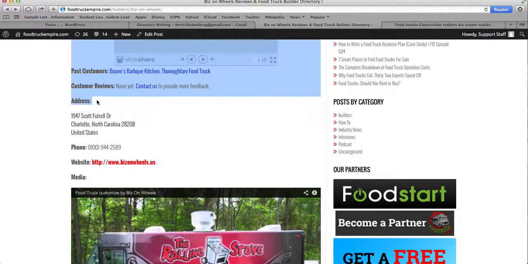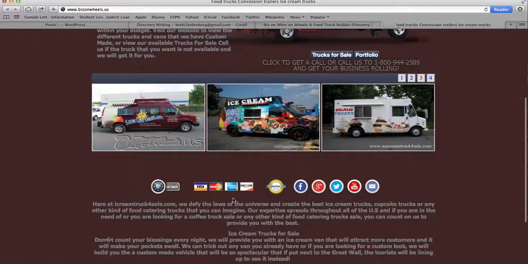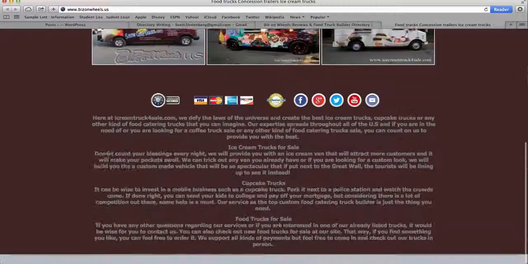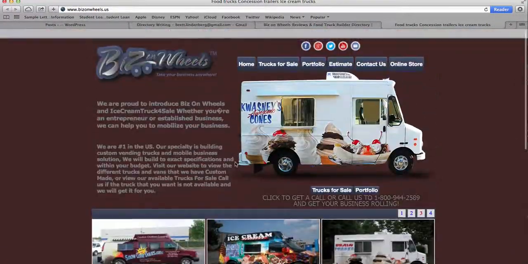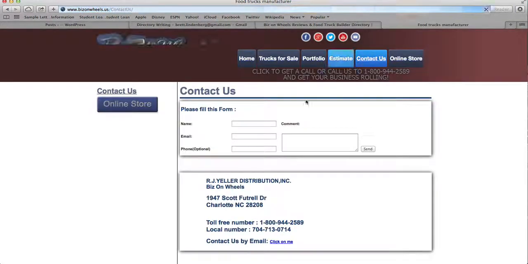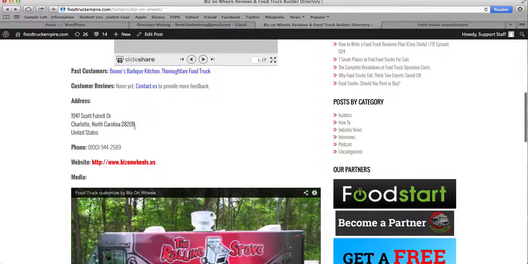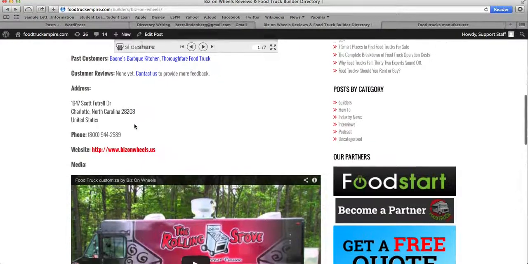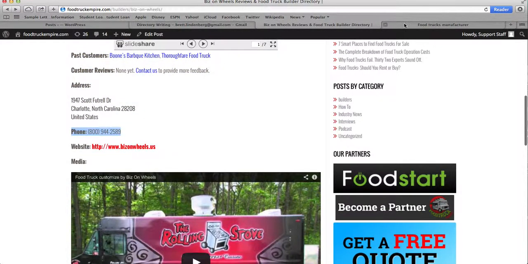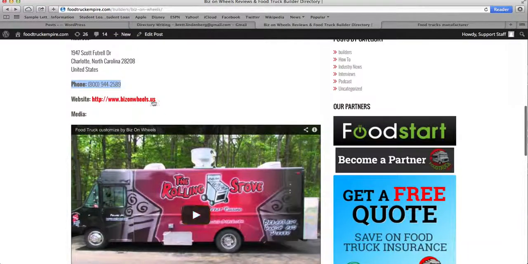For the address location, again, I just look up whatever their actual address is. Most of the time it's pretty easy to find, but sometimes it's not. So here I had to go to their contact page, and as you can see, they've got their address listed here. All I did was write it down. 1947 Scottsville Drive, Charlotte, and so on. And then they had their phone number there too. So, okay, great. I just listed their phone number, and then copied their website here